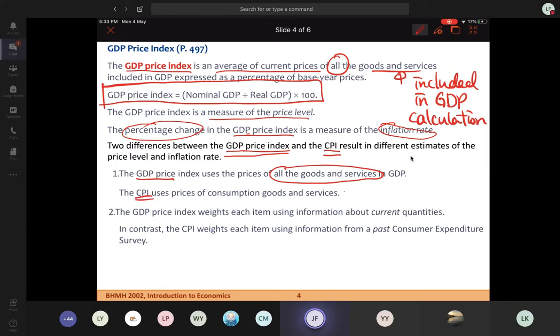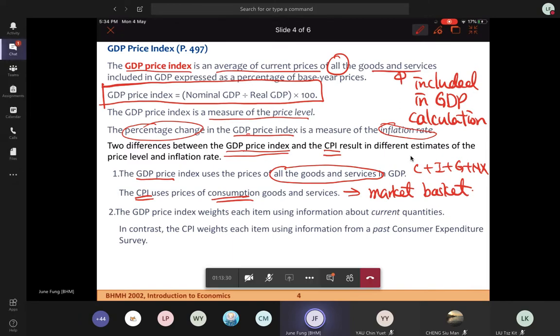CPI 有少少唔同。CPI 係個 consumer 嘅 market basket，即係 consumer 會買嘅嘢先計。所以我哋基本上淨係計 C，仲要係某一啲 C，唔係所有 C。喺 survey 冇 include 到嘅嘢就冇，譬如手機套，喺 CPI 個 list 入邊冇，但係喺 GDP 入邊會有。所以佢哋包含嘅貨品係唔同嘅，呢個係第一個 difference。